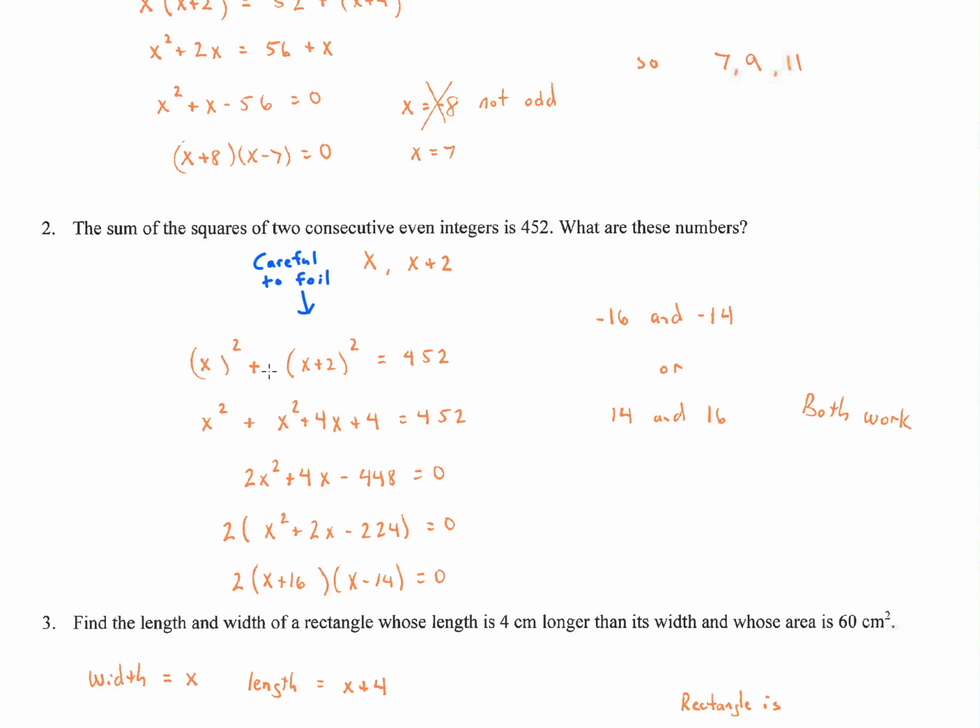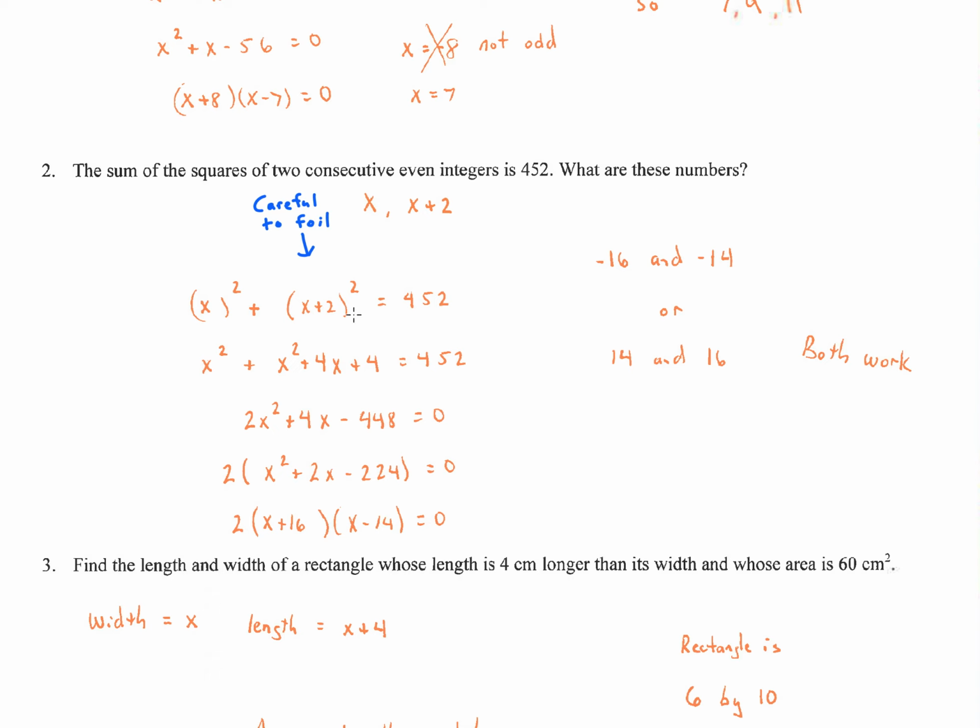Now we got to do what the sentence says. The sum, which means add, of the squares of the 2 consecutive even numbers. So this is the first even number squared plus the second number squared. So this is the sum of 2 consecutive even numbers is 452. So at this point, we just have to be careful that we make sure we FOIL this, which means we distribute. x plus 2 times x plus 2 is x squared plus 4x plus 4, right? We have to FOIL. We get this,